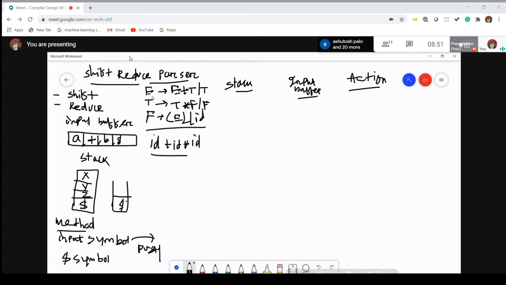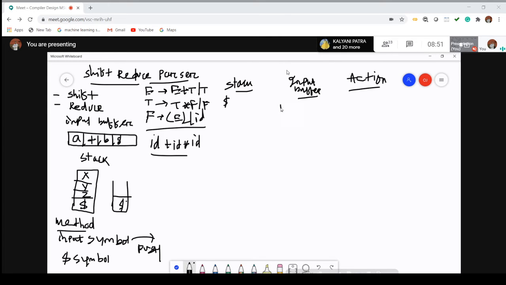It is also bottom up parsing. So in the first pass we go for converting to F, in the next pass converting to T, then the next pass converting to E. Once it is completed, we can convert all those things in a single step. We will move like this. Initially, as we have already discussed, the stack will only consist of a dollar. The input buffer will consist of the input string ending with a dollar.